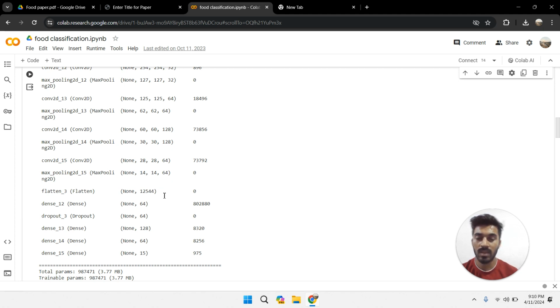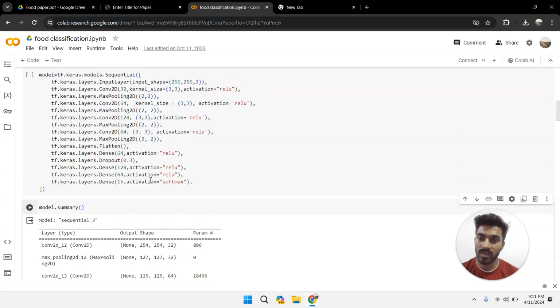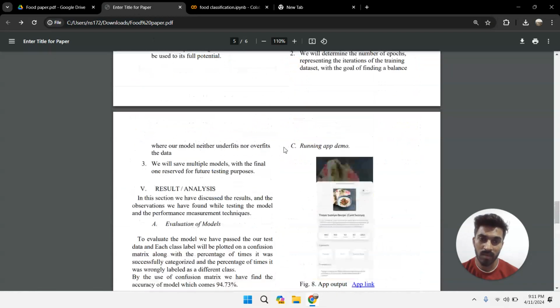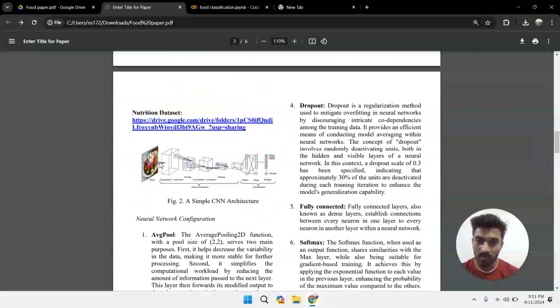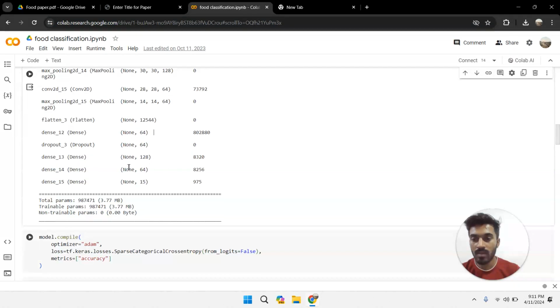Here we apply the flatten layer. The flatten layer basically converts the output for a dense layer, and after that we can apply a dense layer, like an ANN model. Firstly we have a CNN model, and after that we have an ANN model. So firstly we have an image, and we convert it into different pixels, then we convert it into a flatten layer, and after the flatten layer into a dense layer. Basically here is a CNN model, and after the flatten layer we apply a dense, or artificial neural network, which is nothing but our brain of neurons, which looks like that. So that's how this will work.